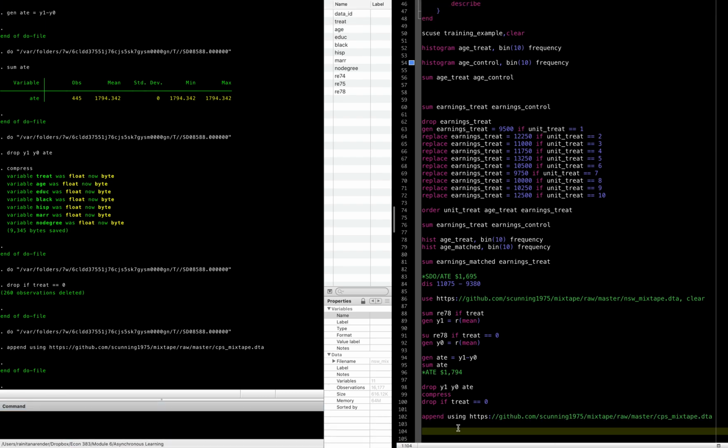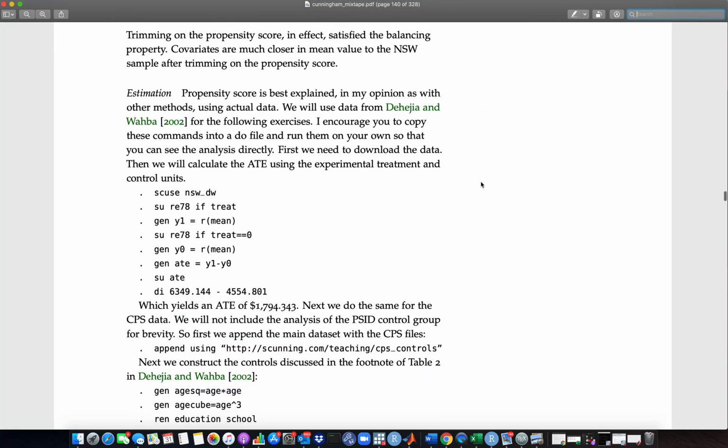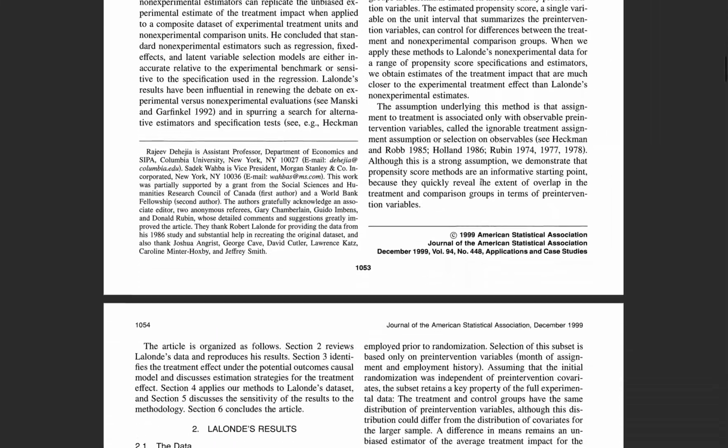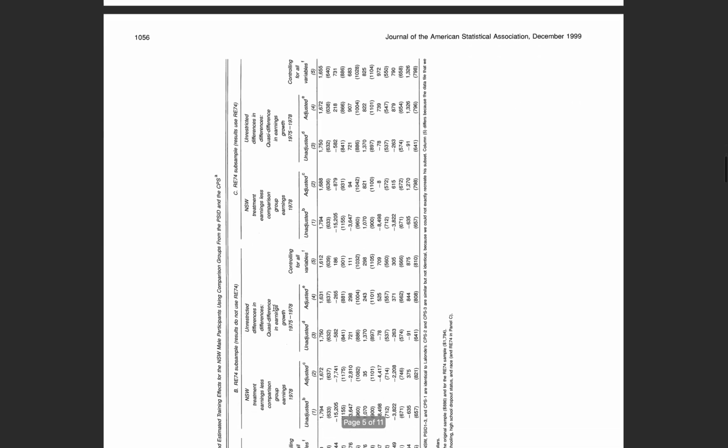And now that we've appended this data, we can take a look at some of the different regressions that they ran in the table of this paper. So here they're just comparing the data and looking at the observations and the differences of means. This is really important when you're writing a paper, is you just want to lay out a descriptive stats table that compares the means and the amount of observations you have. So we can see that there's actually a lot of differences. The PSID comparison groups are older on average compared to these ones. And